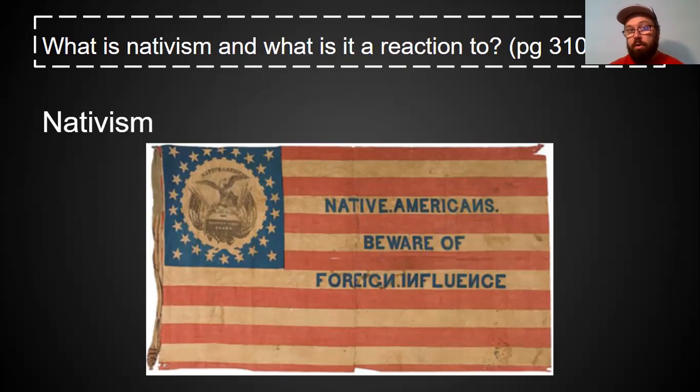Okay, so that puts a bow on chapter 9. That's part 3. Hopefully you're able to fast forward through that or do that at 1.25 speed or something. But so these huge economic changes, the industrial revolution, market revolution, transportation revolution, are changing our country. That's why we call them revolutions. It's fundamentally changing our country in a lot of ways. Where people live, where people work, how people are connected to other people through their economic lives, right? How much control people have over their own economic lives.